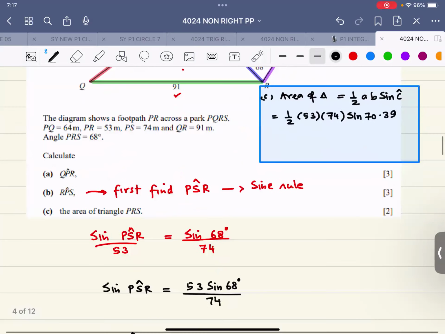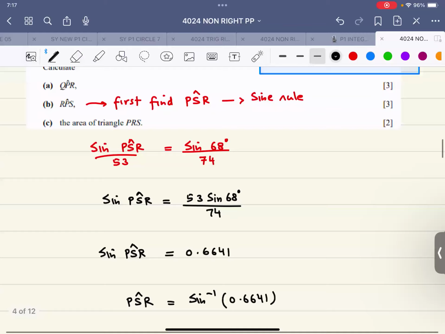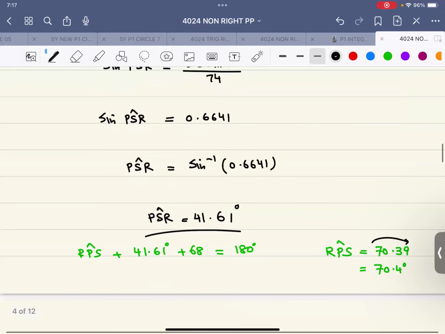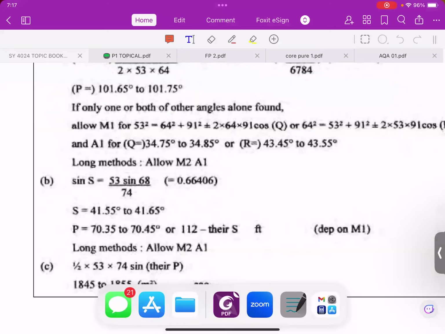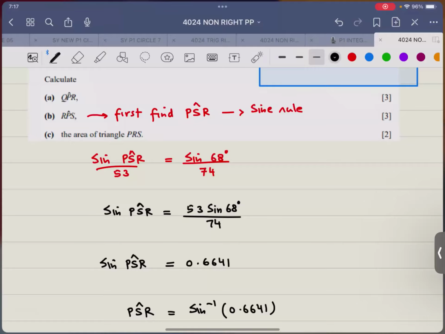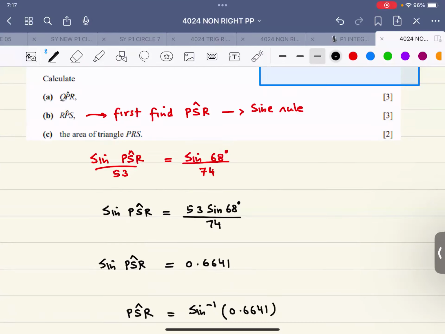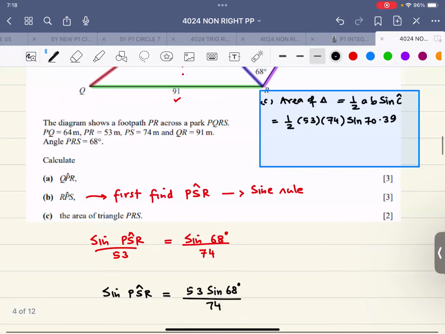Let me just double check, that is 70.39. Take the sine, multiply with 0.5, multiply it with 53 and 74. So this comes out to be